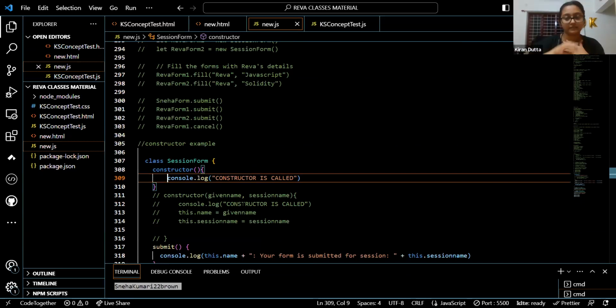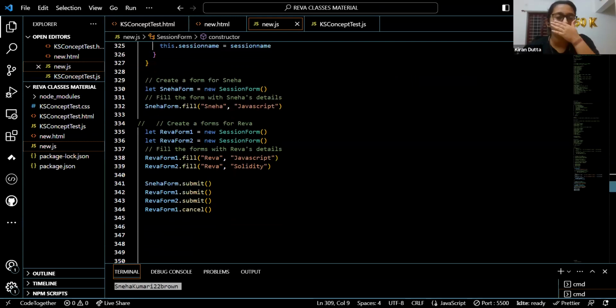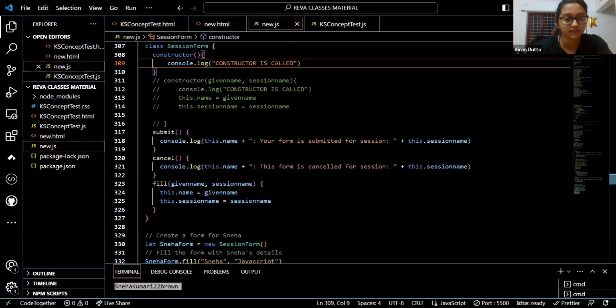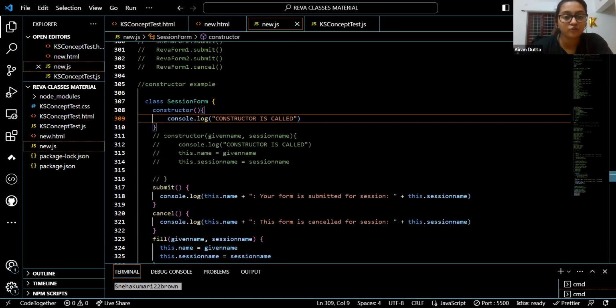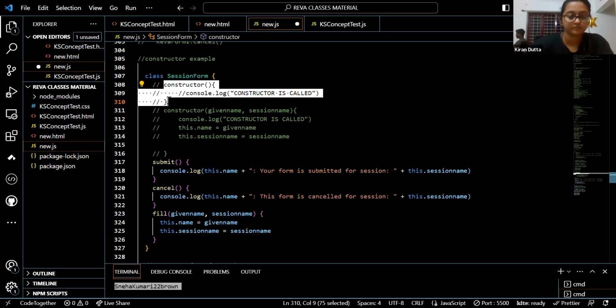Once you do a print statement inside a constructor, you will see how many times you're creating something. The constructor will be called automatically. There's also a way where you can access the given name and the session name inside the constructor itself, right? So even this can be done. You can pass a constructor with parameters, and you can also pass a constructor without parameters. Things will still work the same way. Like if I comment this and